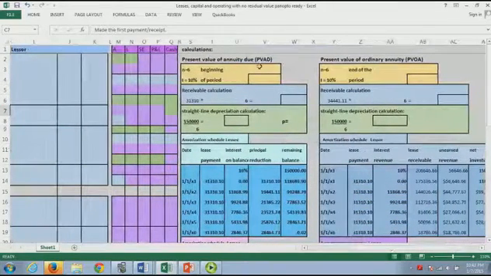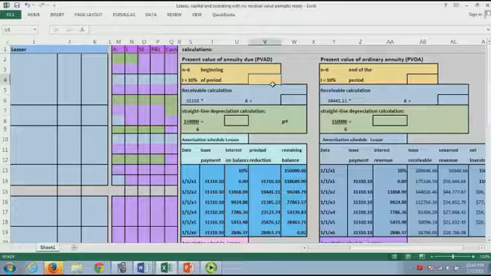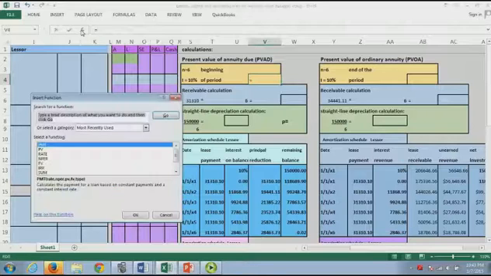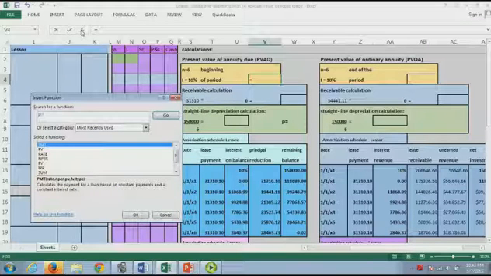So I'm going to come over here. I'm sorry, present value of annuity due if it's beginning of the period. So here's n equals 6 for the 6 periods, and our interest rate again we're using is 10%. So I'm going to go ahead and use the Excel function for present value. Whoops, if I can type. So there's a PV,